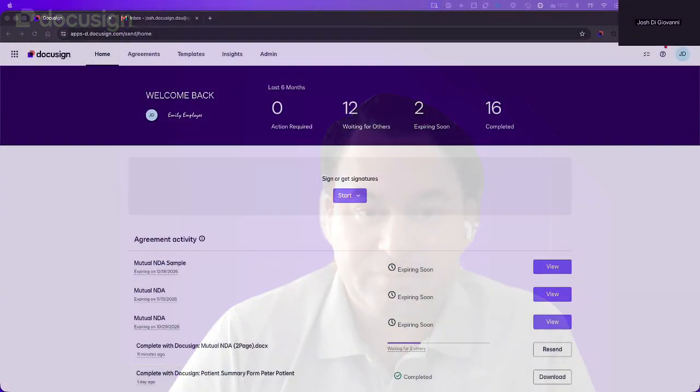Today I want to talk to you about one of the advanced recipient actions called Specify Recipient. When you create an envelope, you can choose the action each recipient takes. Advanced recipient types are used when recipients need to perform more complex actions. So let's take a look at the option called Specify Recipients.